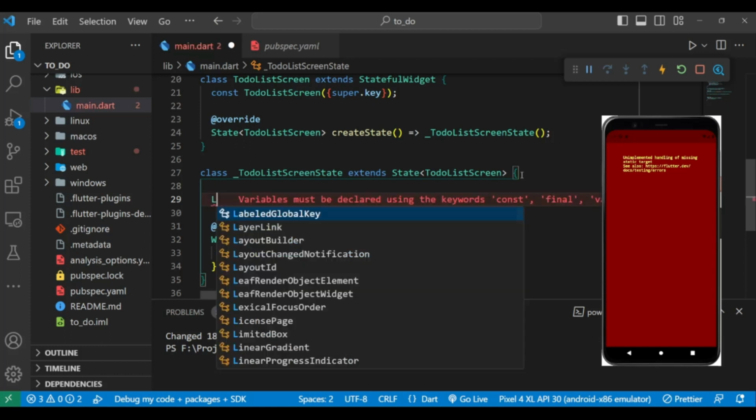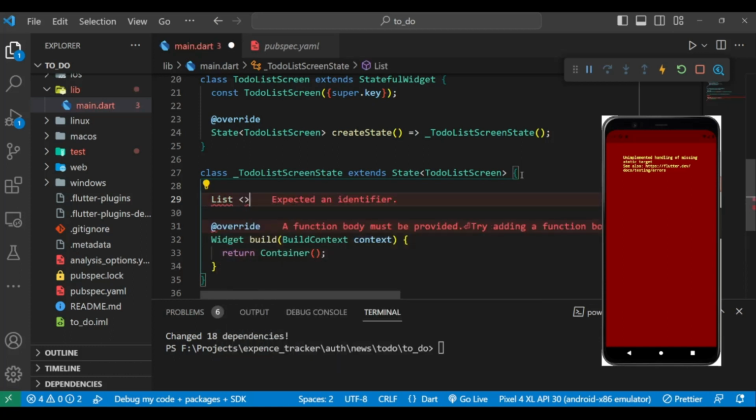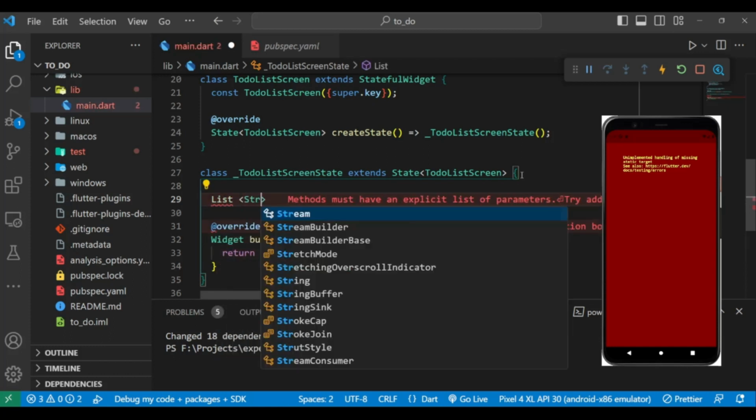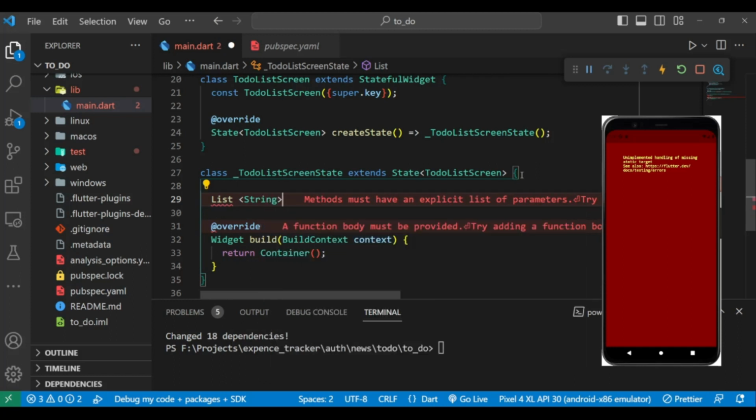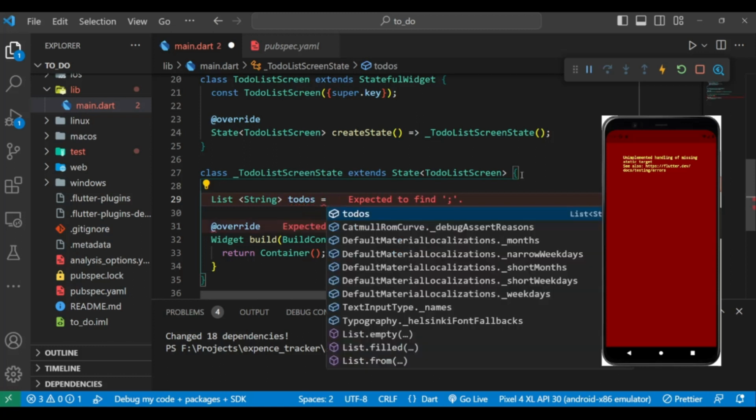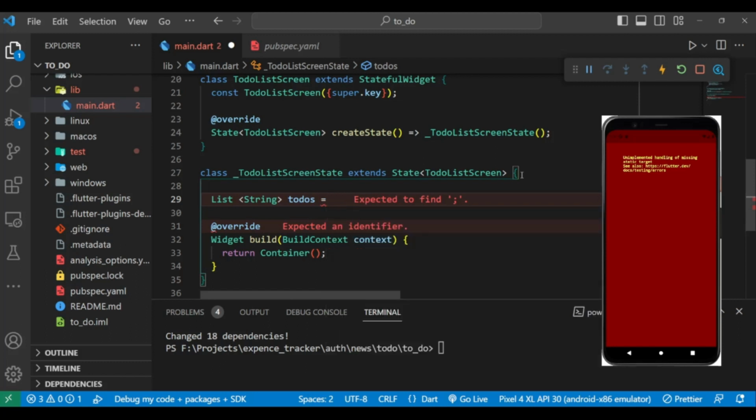For creating a list in Flutter or Dart, we write List and give a data type here and name the list as todos. So let's make it an empty list. And